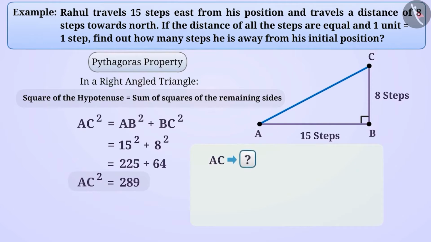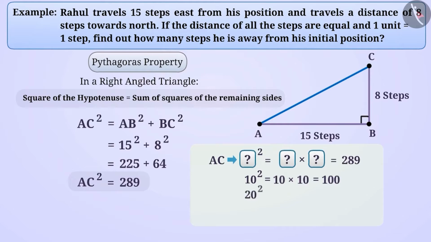To find the measure of AC, we need to find the number whose square is 289, that is, multiplying the number by itself gives 289. We see that 10 square is equal to 10 multiplied by 10 is equal to 100. Similarly, 20 square is equal to 20 multiplied by 20 is equal to 400. Since 289 is between 100 and 400, the number whose square is 289 will definitely be between 10 and 20. Similarly, we get 15 square is equal to 15 multiplied by 15 is equal to 225, which is closer